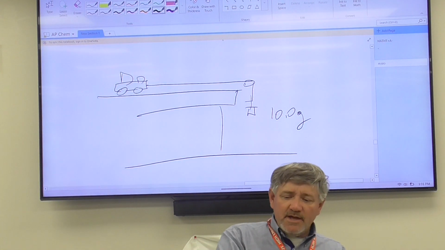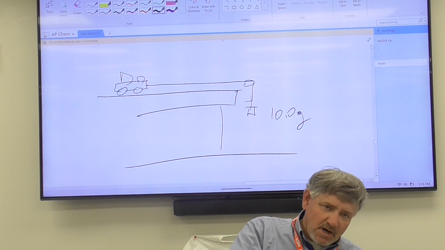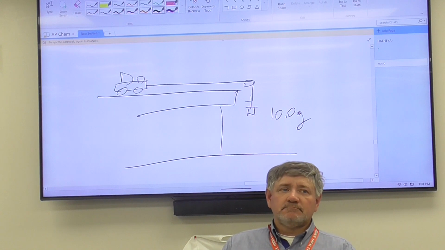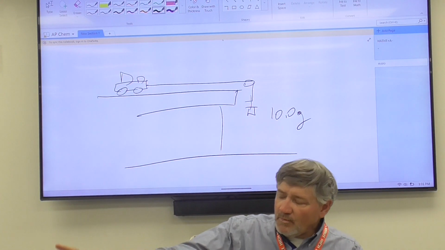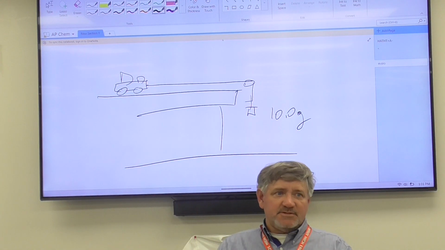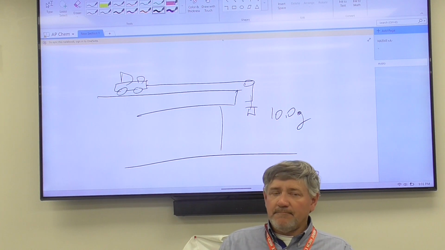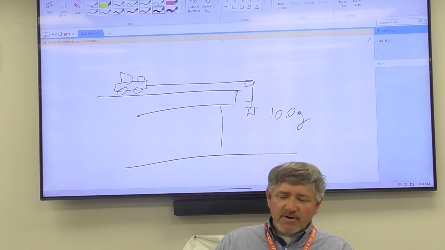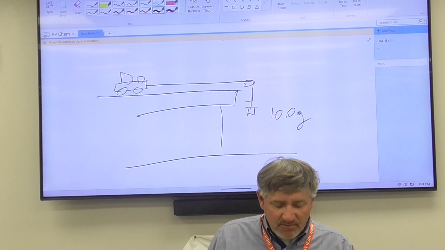So right away, what did the forces not add up to? 0. This is the only one where you have accelerated motion. Okay? It's the only one. So here's what you want to focus on. Once you see acceleration,